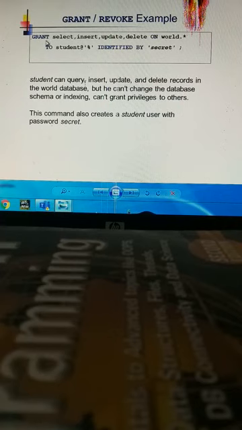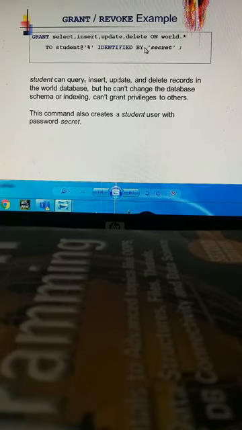The syntax is: grant select, insert, update, delete, all the DML operations, on world.start, that is our object, to the specified username identified by a particular keyword or option.